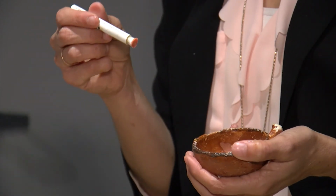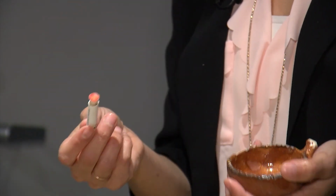If it doesn't come back red, that doesn't necessarily mean it doesn't have lead in it. It really just means